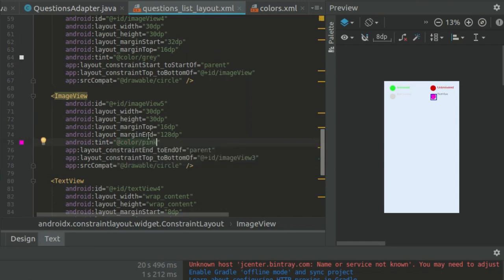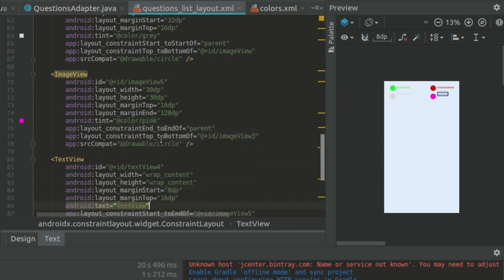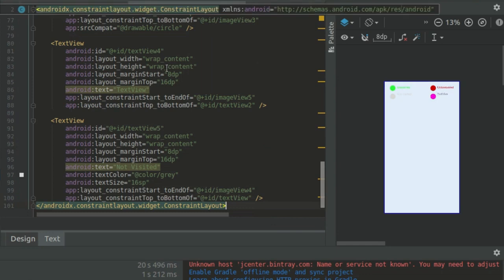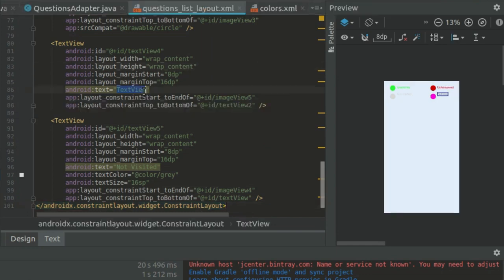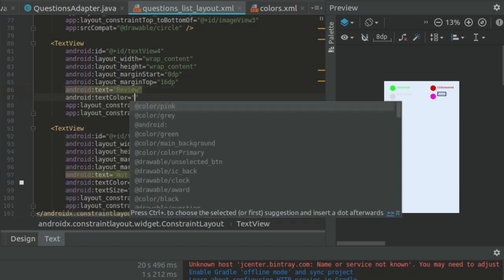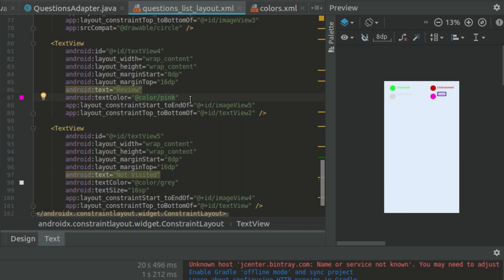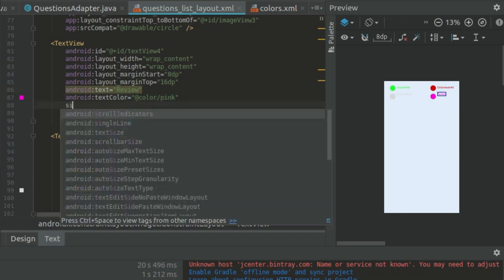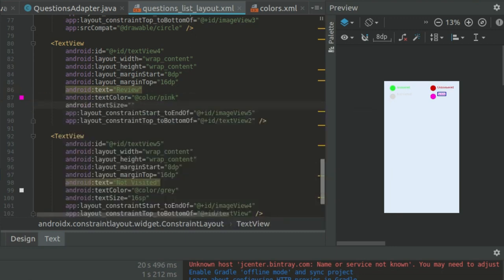Now come to its text view. Here change its text to review and its text color to pink, and its size 16 sp. Okay, and then after these